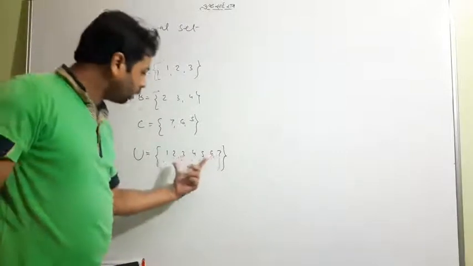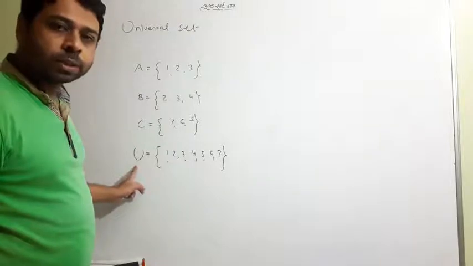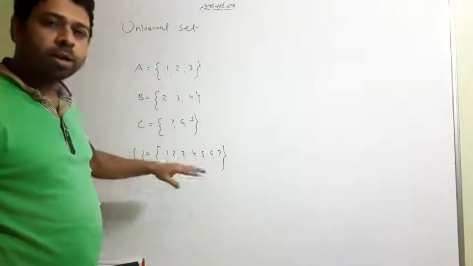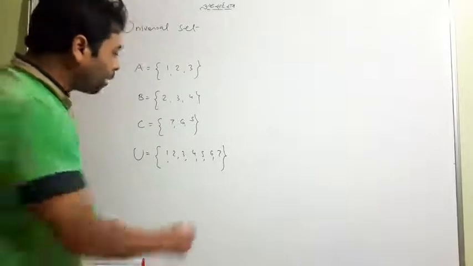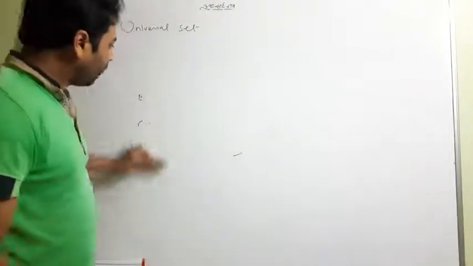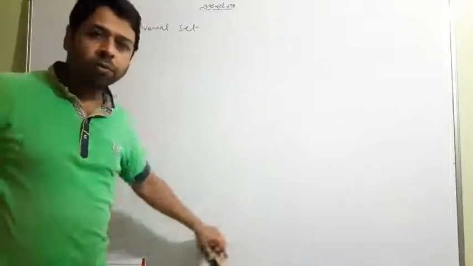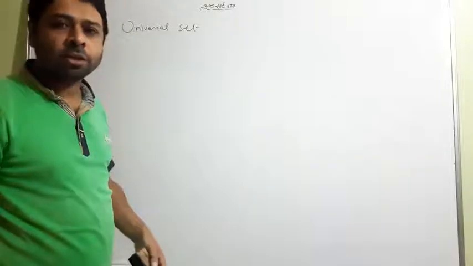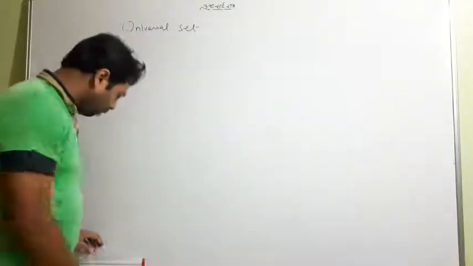So this is the only set that you can call a universal set, which contains all the other given sets. So it's a bigger one. Now I hope you have understood that the bigger one which contains all the sets in it is called a universal set. Okay. So I want to skip now and go to the next section.